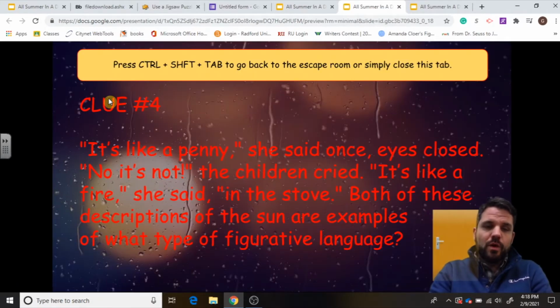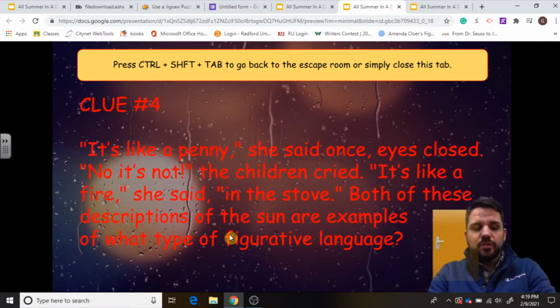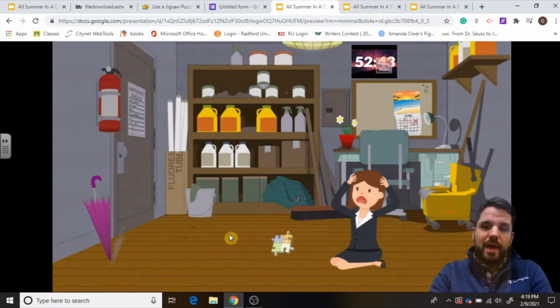But it works the same way, and they read the clue, and then they keep clicking Control-Shift-Tab, and that takes them back. The timer keeps ticking down. It's pretty straightforward. Most of the clues that I built are